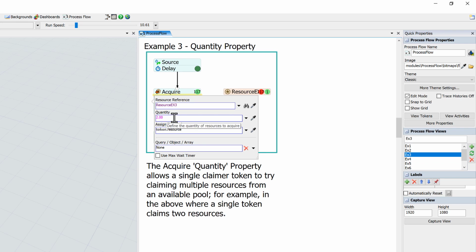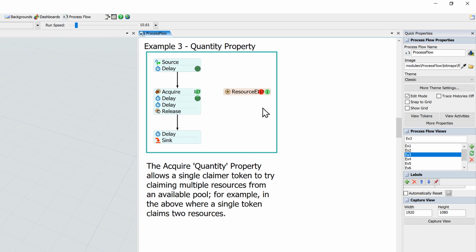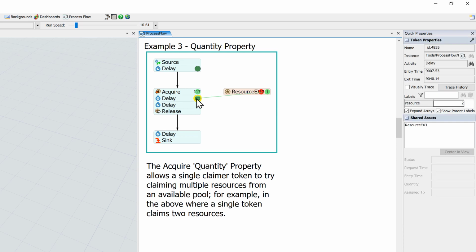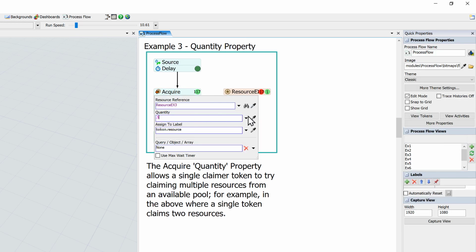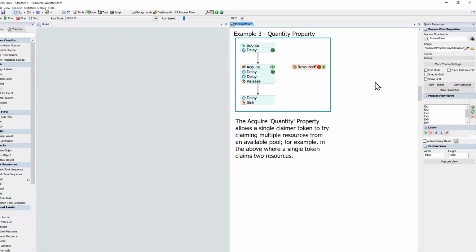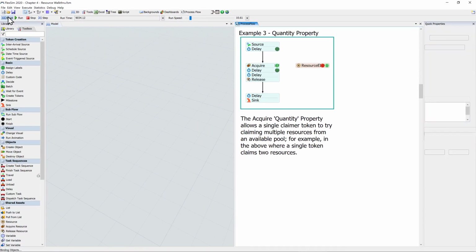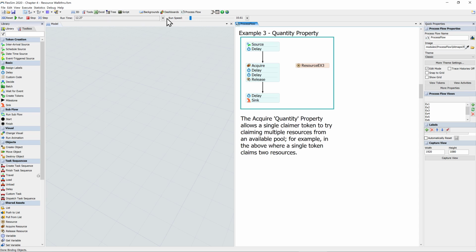It doesn't even have to be an integer. It can be like 0.6 or something. Let's not change that yet. And let's look at the label on this token, and we would expect it to have a label called resource with a value of 2. I'm going to change this to 0.5, something I can keep track of a little easier. Reset, run it fast enough to get some stuff through here, and